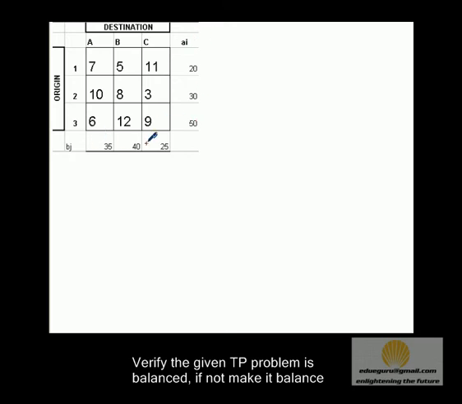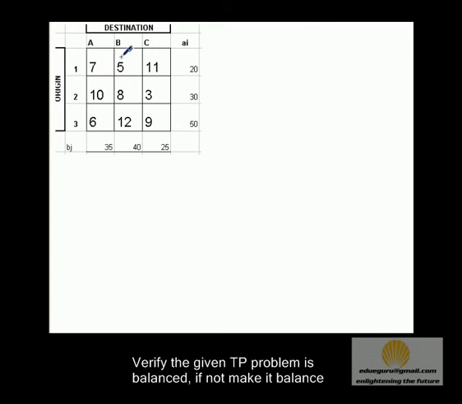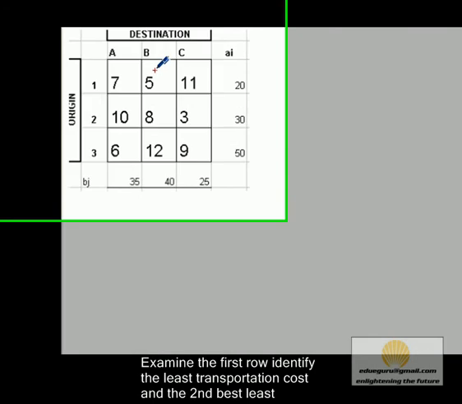The first step involved in a transportation sum is to check whether the sum is balanced or not. So just check the total demand and total supply. If it is equal, we'll call the sum balanced. If it is not equal, we'll insert a dummy row or a column, whichever is required, to make it a balanced one. So in this sum we have total demand equal to total supply. So the sum is a balanced one, and we will move ahead with our next step.